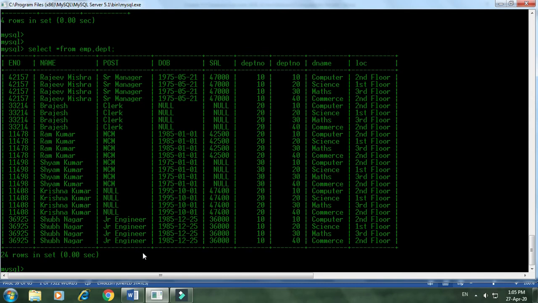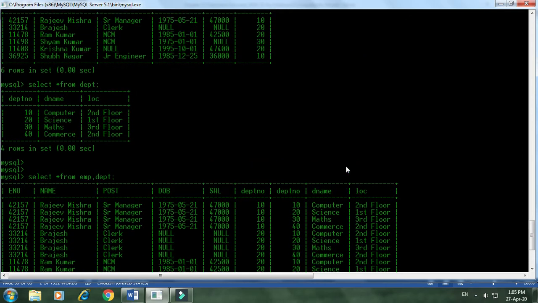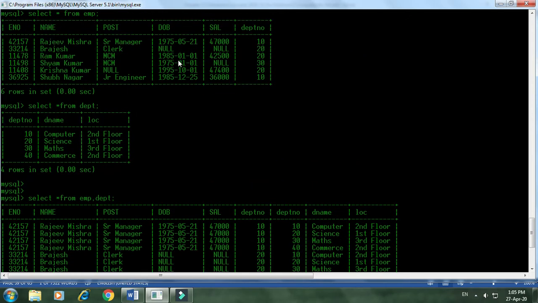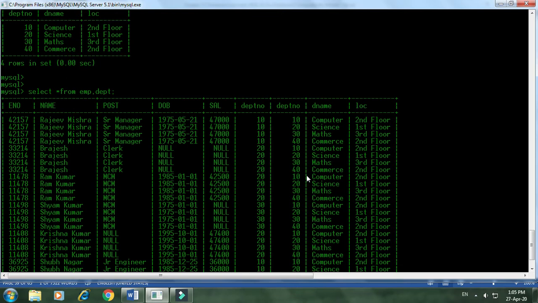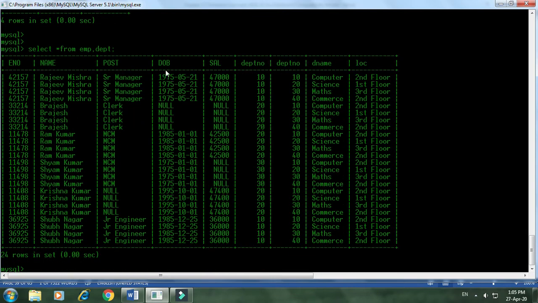So the concatenation is there and you can see all the degrees are added. You can see 6 columns in the first table and 3 columns in the second table, and a total of 9 columns would be in the result, which you can count: 1, 2, 3, 4, 5, 6, 7, 8, 9. So the degree is added and the cardinality is multiplied. I hope this is clear to everyone, that this is basically the Cartesian product of two tables.